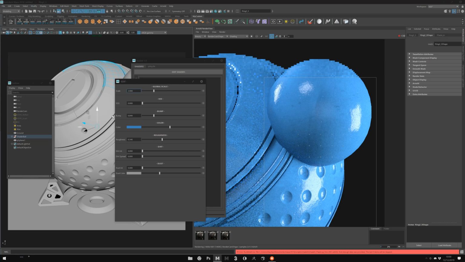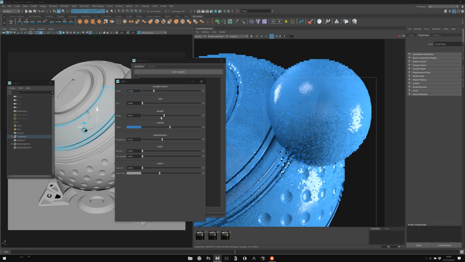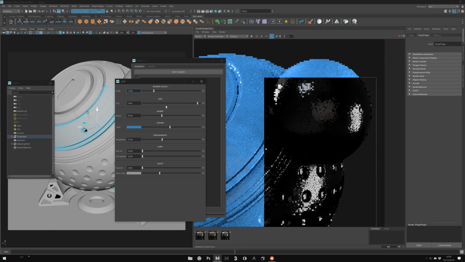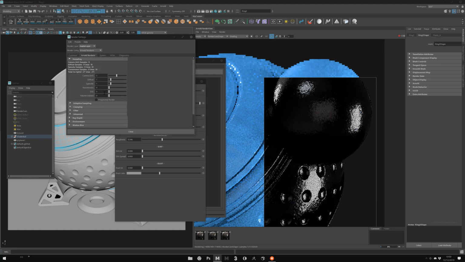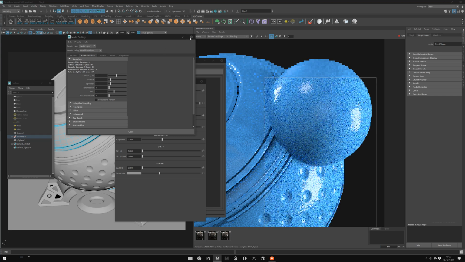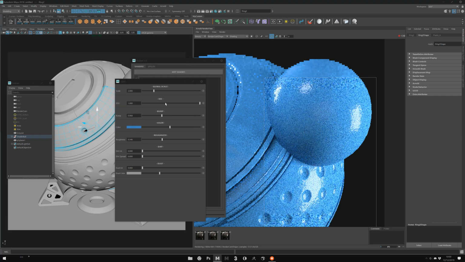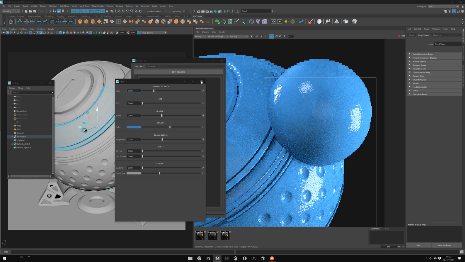Here. Bump, SSS, etc. Yes, by default SSS is off. Of course, if you activate it here, you need to activate some SSS samples here if you want an SSS effect on the plastic.